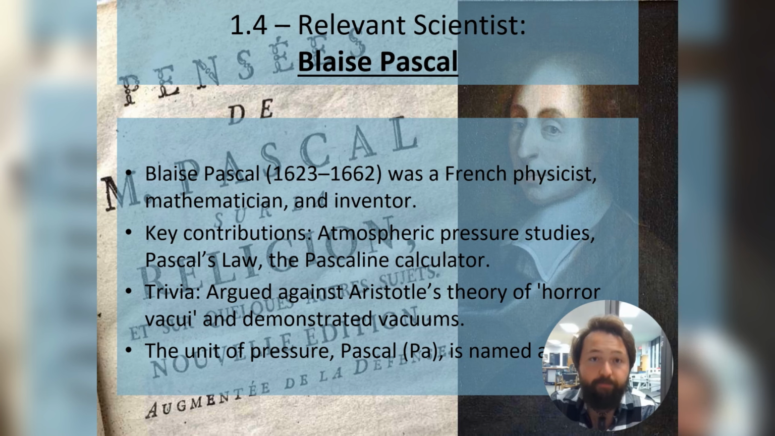Blaise Pascal, who lived from 1623 to 1662, was a French physicist, mathematician, and inventor, and made key contributions to the study of atmospheric pressure, formulated Pascal's law, and even created one of the earliest mechanical calculators known as the Pascaline. An interesting fact about Pascal is that he challenged Aristotle's idea